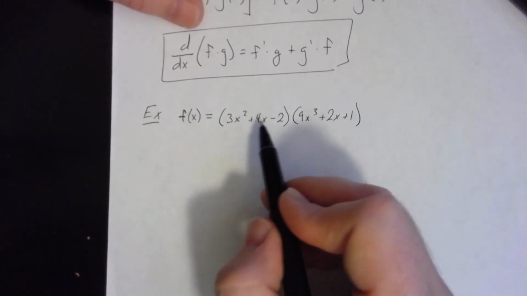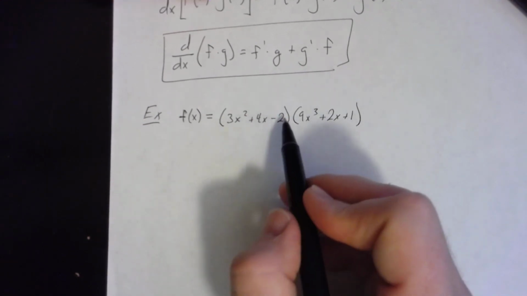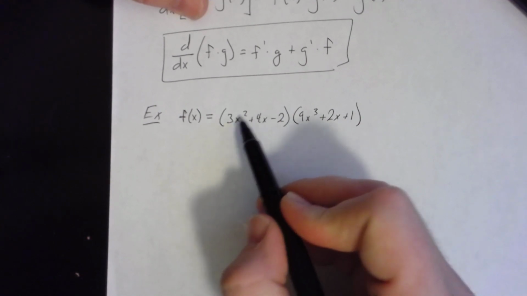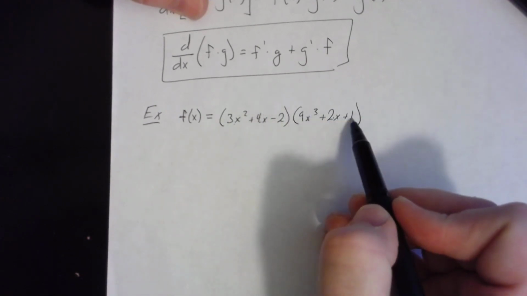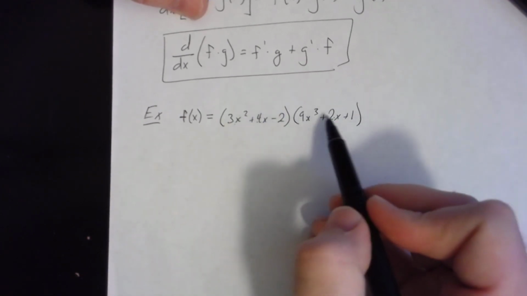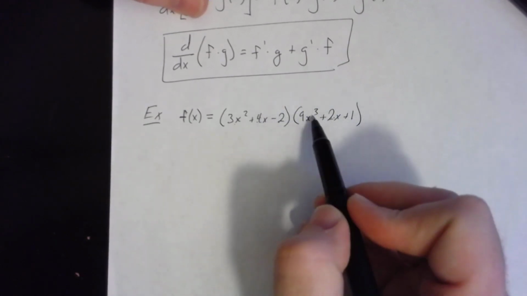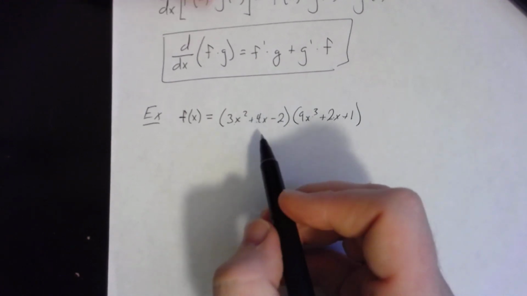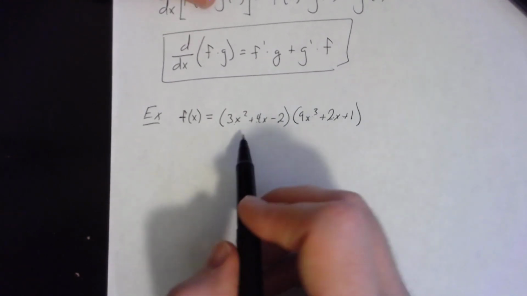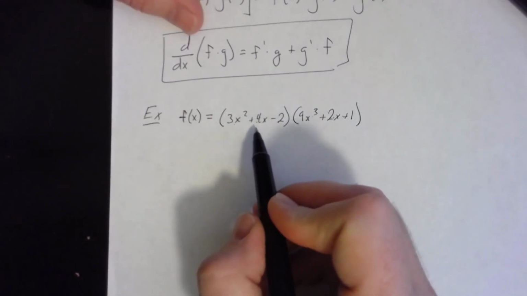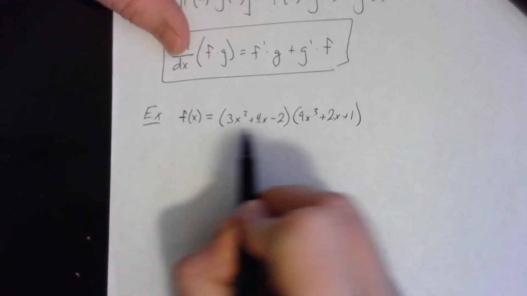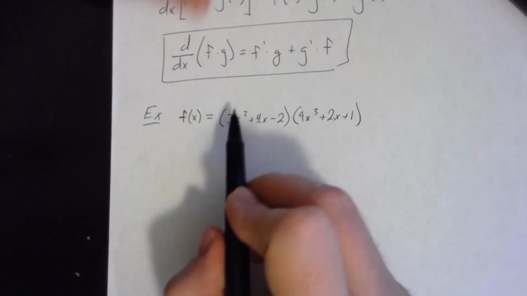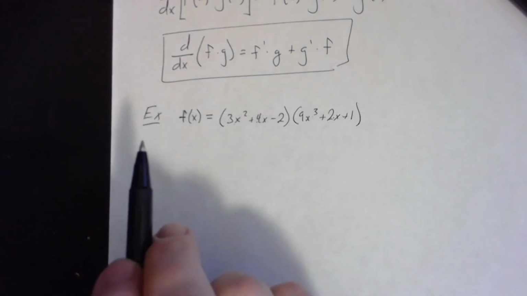Now, could we actually take the derivative of this without having to use the product rule? And the answer is yes. If you're so inclined, take 3x squared and distribute it to all three terms, and then 4x and distribute it to all three terms, and then minus 2 to distribute to all three terms, then combine up all your like terms. You should have a total of 9 terms when multiplying out, but you'll end up with probably less after combining like terms. But this is not something we're going to want to have to do. There's a lot of chances of making algebraic mistakes,